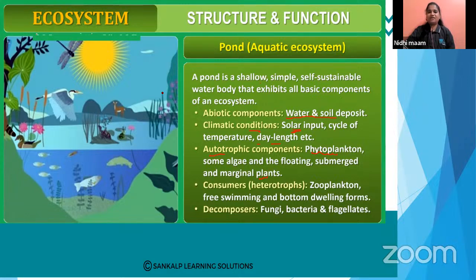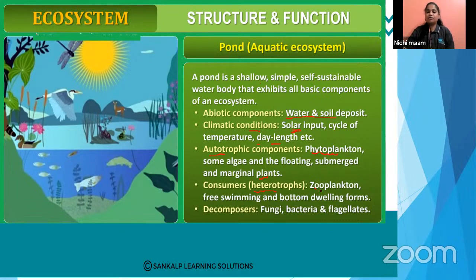Very good, Sanjana, which makes their own food, right? So like that we have phytoplankton. Phytoplankton means the small plants which are present in the lake. Then some algae we will be having. Floating, submerged and marginal plants are autotrophic components. When we think about the heterotrophs, means which are dependent on the autotrophs, which feed on the autotrophs,